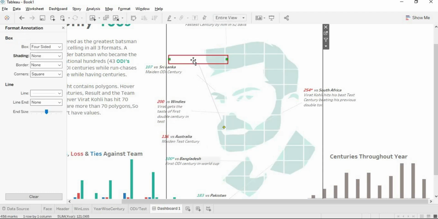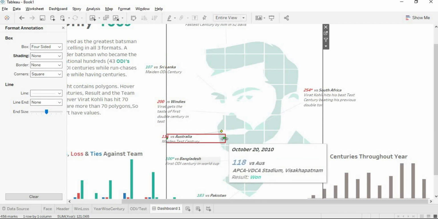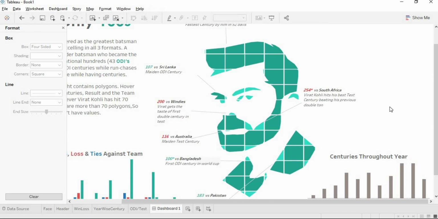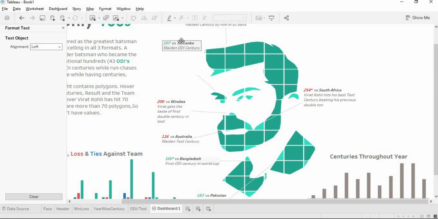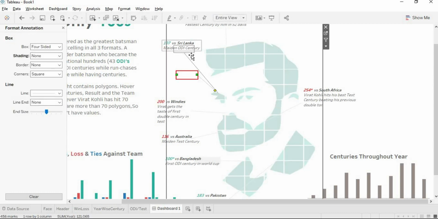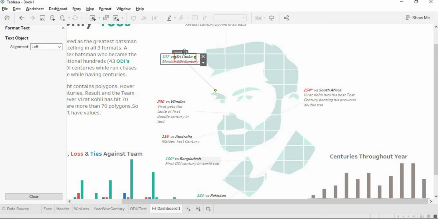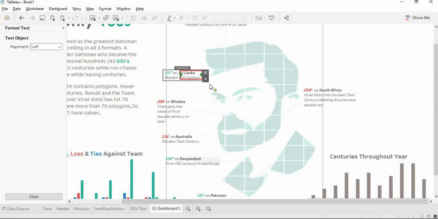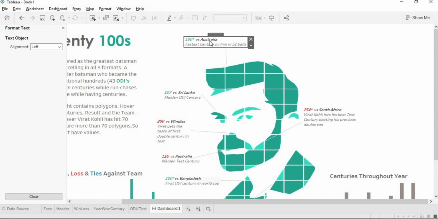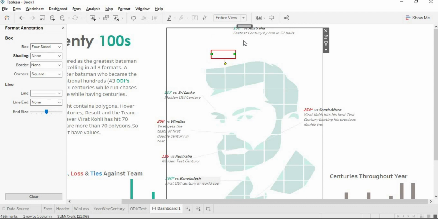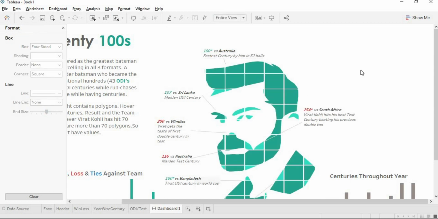Make it a little bit closer. Yeah, that's it.